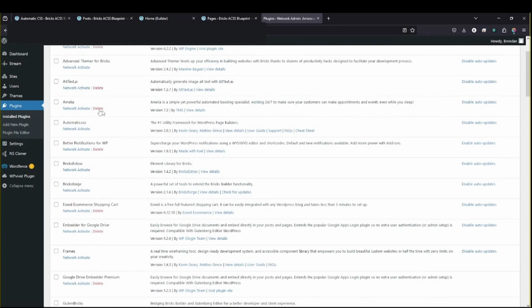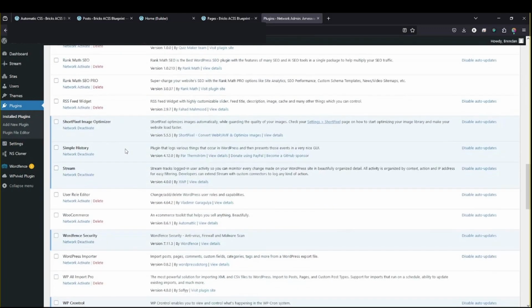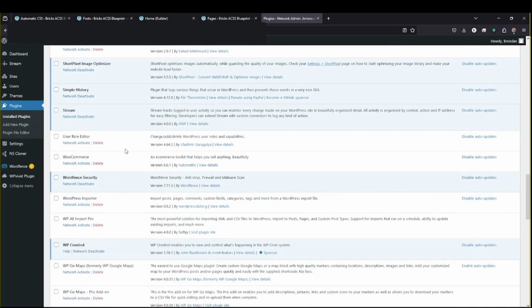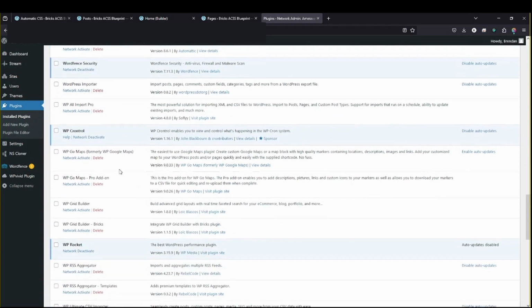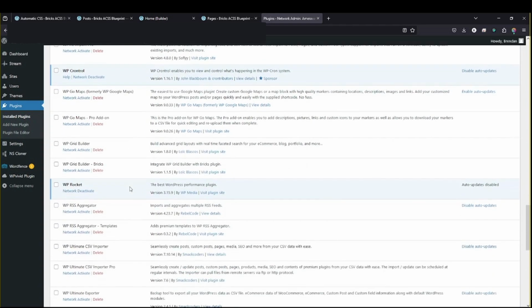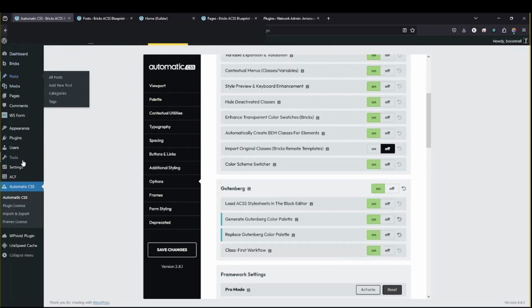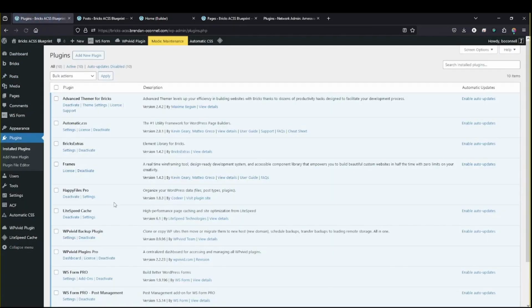We've got scheduling for alt text. We've got all kinds of stuff in here that we have to test out and use, and various import tools, map tools, you name it. So there's a lot of stuff that goes into it, but hopefully this gives you an idea of how